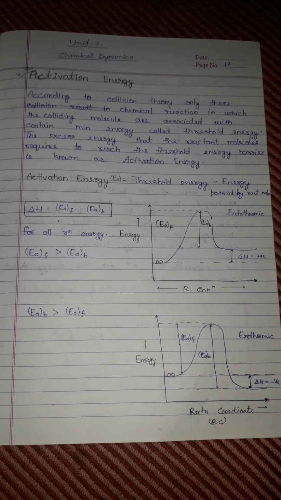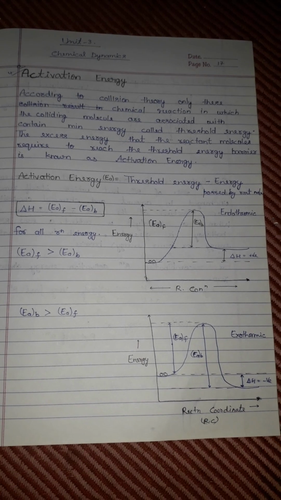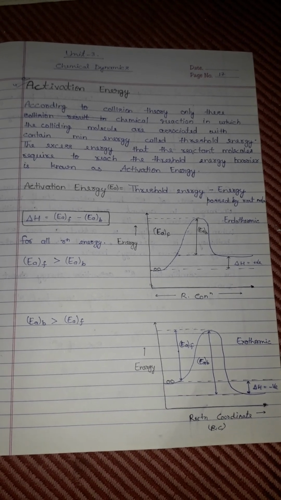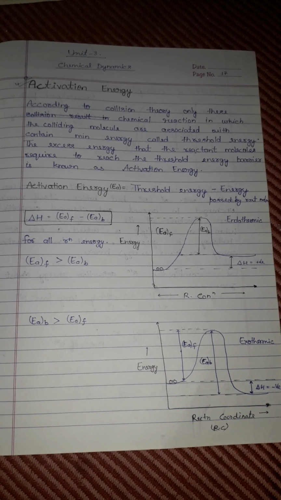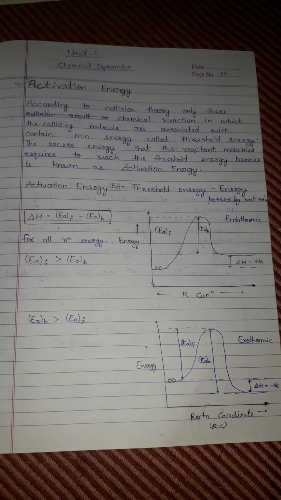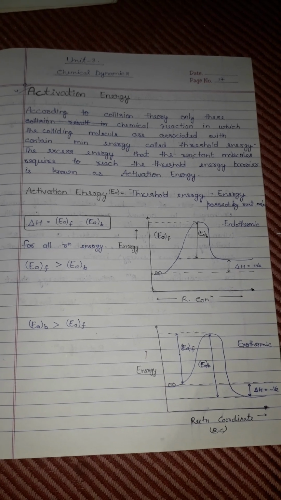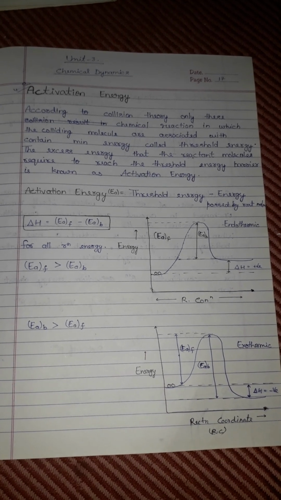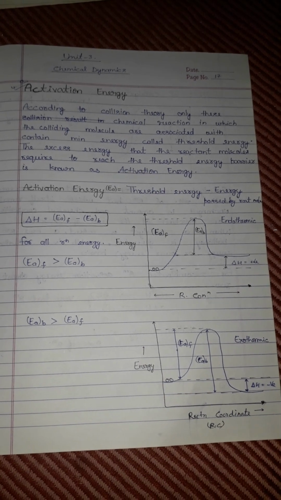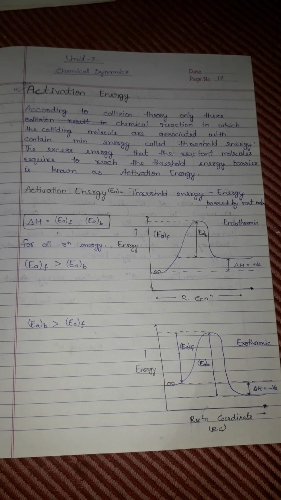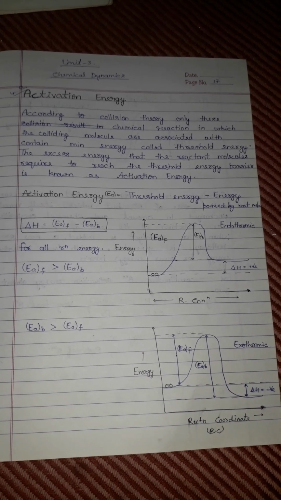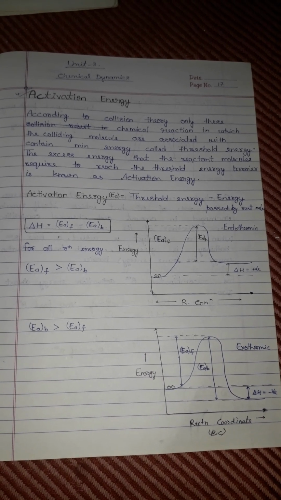Today we discuss unit number 3, chemical dynamics, activation energy. According to collision theory, only those chemical reactions in which the colliding molecules contain minimum energy, called threshold energy, take place. The excess energy that the reactant molecules require to reach the threshold energy barrier is known as activation energy. Now activation energy is equal to threshold energy minus energy possessed by